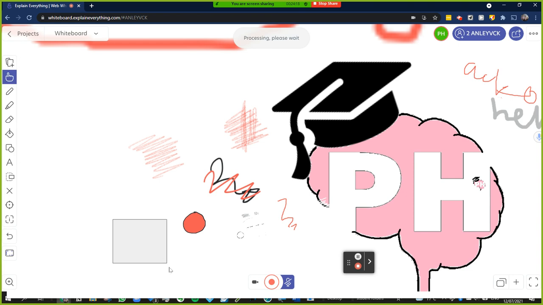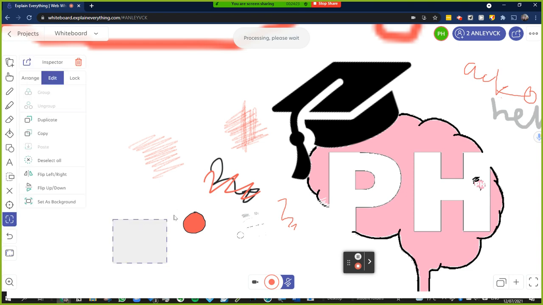Shapes are, well, that's just a rectangle. Is there anything else I can do with that? I click inspect. I'm not sure what that does. I can just delete it. So the shapes,